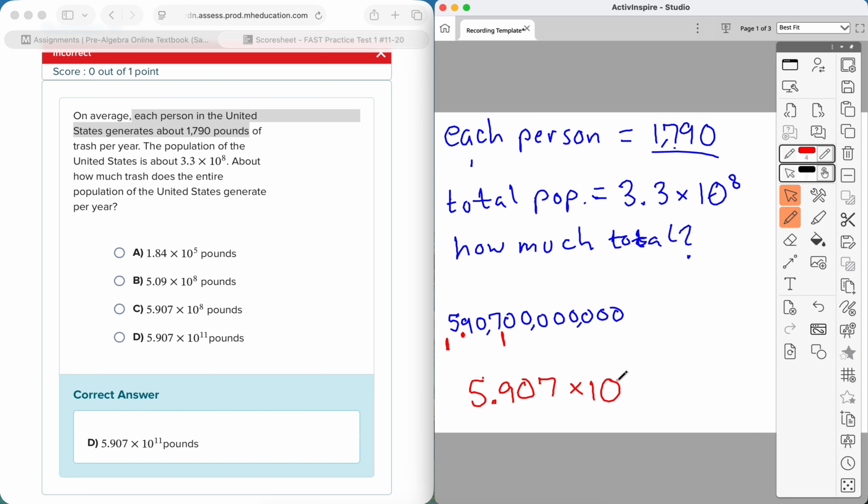we do times 10 to the power of, and when the number was huge, the decimal was here, so I need to count the amount of spaces the decimal moved to get over here. Don't count the zeros. It works sometimes, but it's kind of a trap. So 1, 2, 3, 4, 5, 6, 7, 8, 9, 10, 11. So the exponent should be 11 because we moved the decimal 11 spaces. So the answer is option